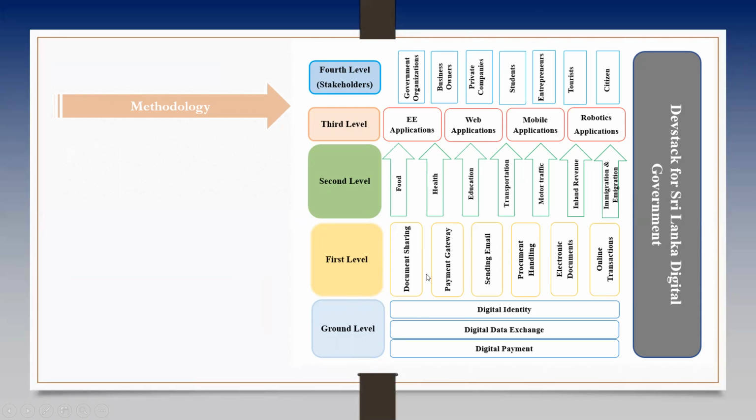Then on top of the first level, there is a second level. It consists of transportation, motor traffic, inland revenue, immigration, health and food, and so on. Then the relationship is built between the second level and the fourth level, mirrored through the third level, which consists of the applications. It may be a WebAssembly application, web application, or mobile application, and sometimes maybe a robotic application also. The fourth level is the stakeholders,